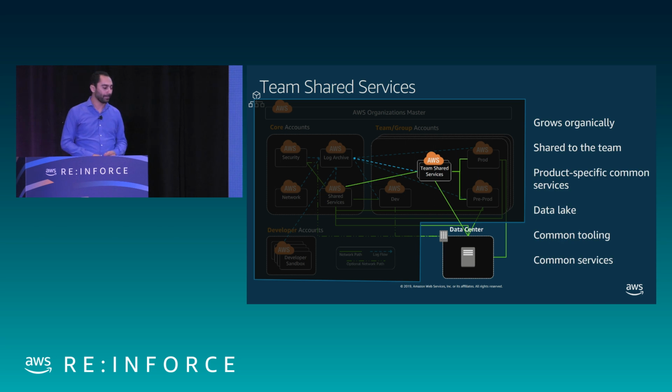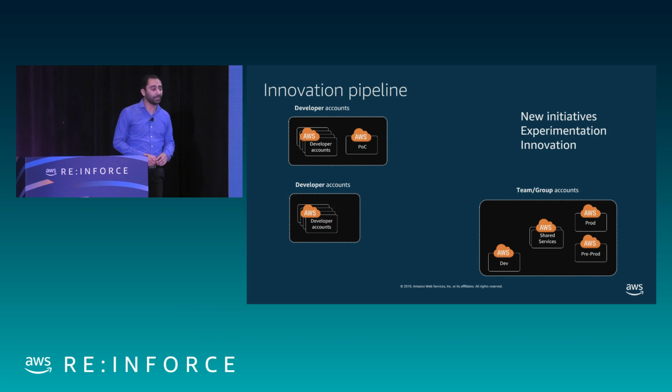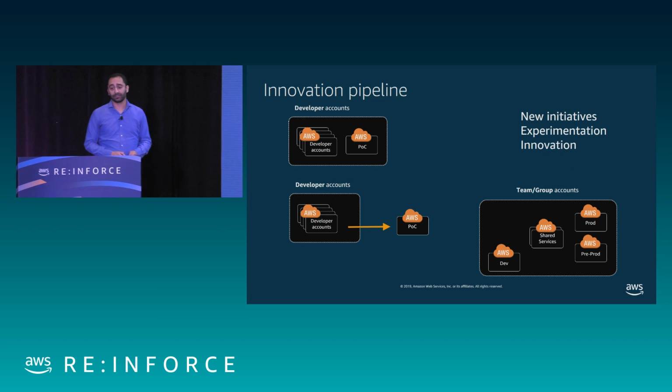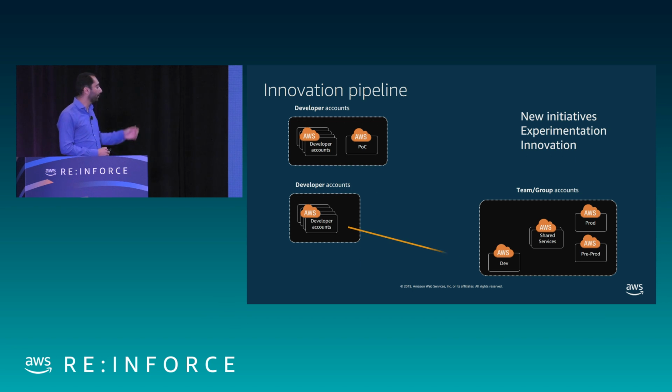Okay. So your innovation pipeline ends up looking something like this. We got my developer accounts, maybe I decide to create a POC account. We're going to try something. And if it looks like it makes sense, got business approval on it, let's move it into the dev. And from there, go into pre-prod, prod, and follow the same process that we always have done. Or in some cases, I just go right from my developer account because I made a decision, I like it, it makes sense. Let's just go into dev and move forward.